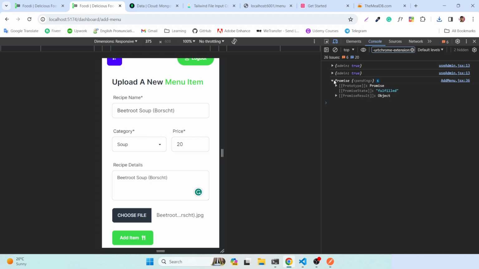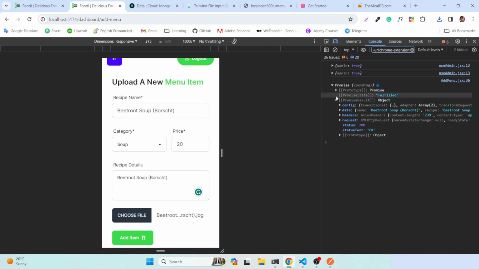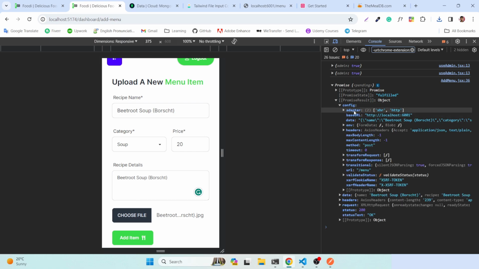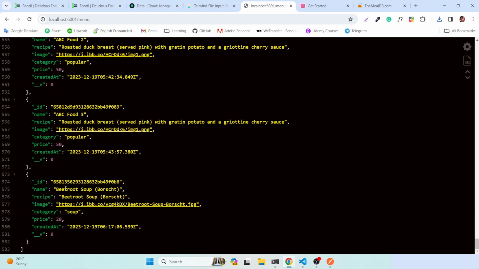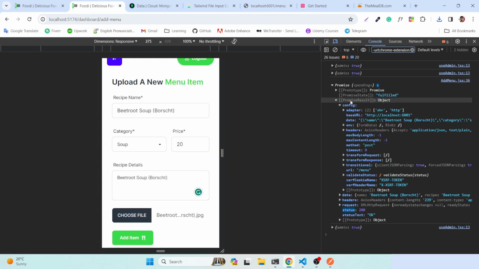Look, a promise is returned, the promise is fulfilled, and inside this object you can see everything. We can see the status code 200, so that means posted. If you check your menu items you can see it at the end, so the data is posted. Okay, fine. If the data is posted you can just send